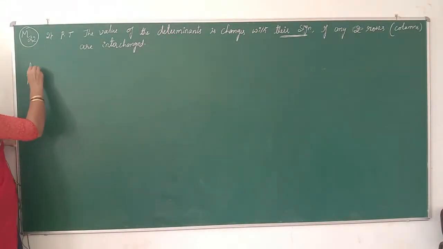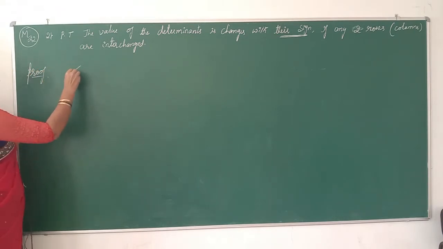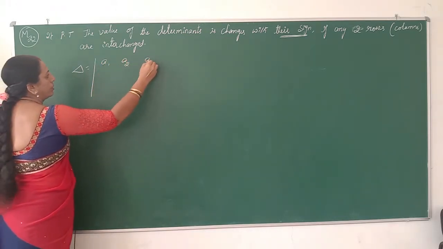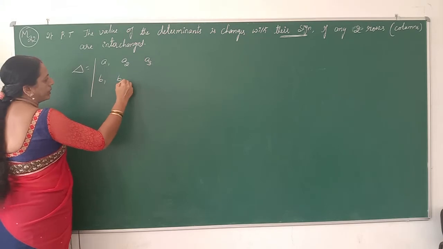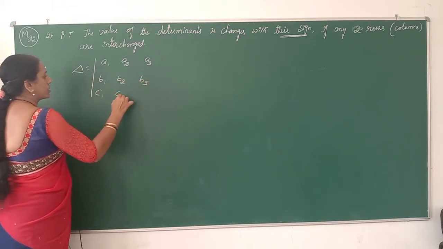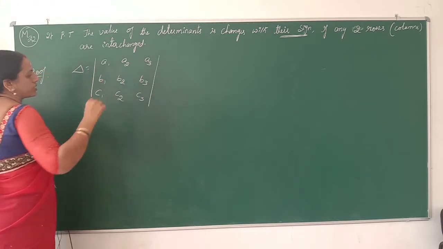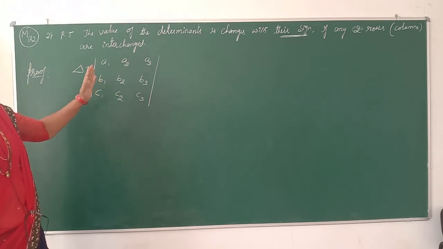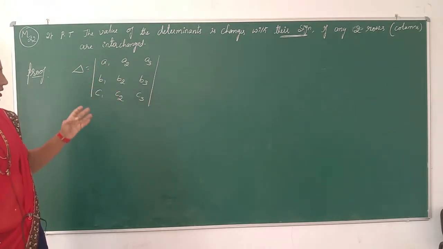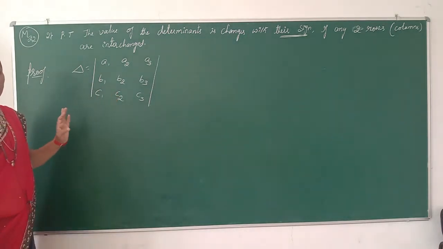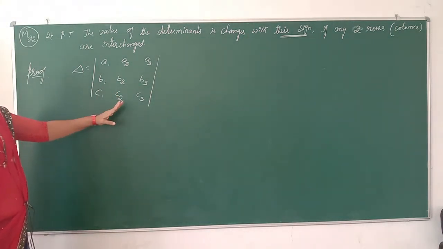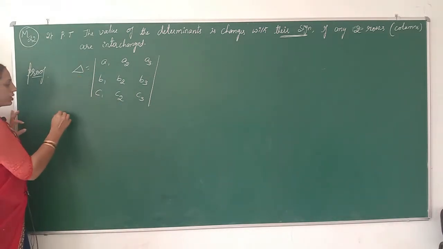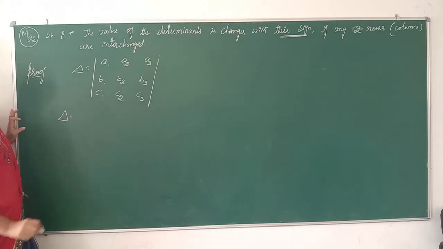Now again, first we consider delta. So delta can be defined by A1, A2, A3, B1, B2, B3, C1, C2, C3. These are not fixed values; we consider the elements in general form, either x1, y1, z1 or x2, y2, z2, or a, b, c, d. So it is not considered in numerical form, and in particular it is defined by a 3 cross 3 determinant, not a 2 cross 2 determinant. Therefore first we simplify the value of delta using